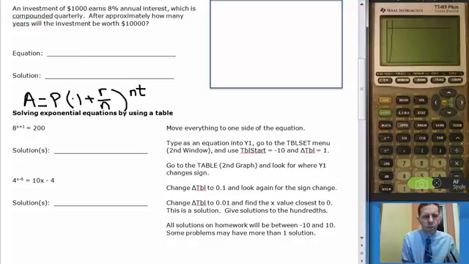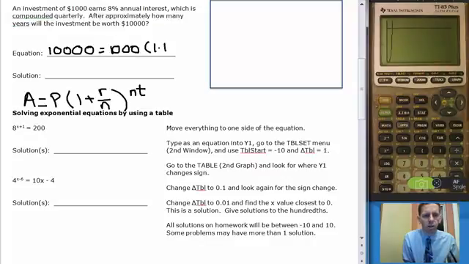Now in this equation, P stands for your principal investment, which is the amount of money you start with. That's $1,000. A is the amount we end with. We know that also. That's $10,000. So I'm going to plug in $10,000, which is the amount of money we want to end up with, for A. I'm going to plug in $1,000 for P,